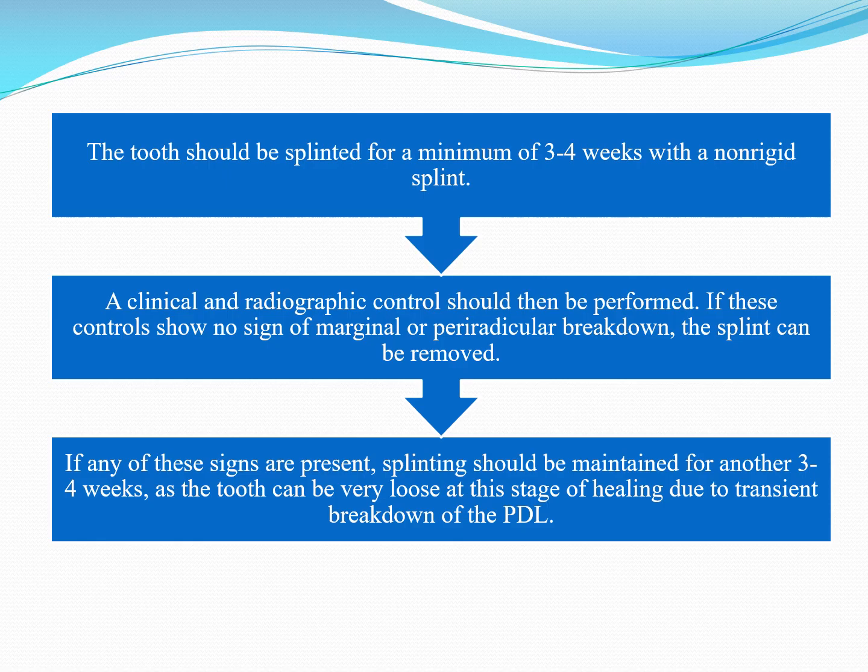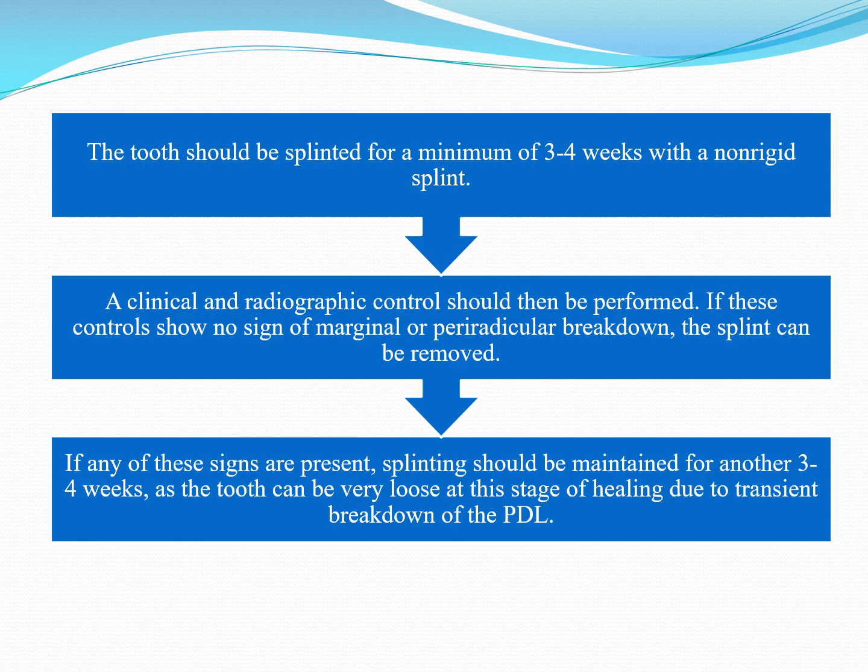The splinting should be a non-rigid splint and it should be there for 3 to 4 weeks. So you place a thin orthodontic wire on the offending tooth and both the adjacent teeth and then splint with the help of a composite material. That's a non-rigid splint. And after 4 weeks, you take a radiograph and check clinically.